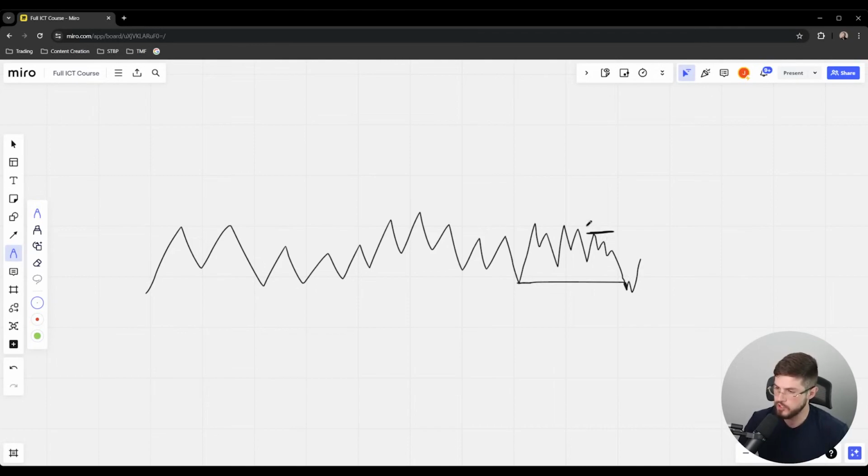Anytime we see manipulation, we expect the market to move in the opposite direction, because if the market is being manipulated, right? We all know that the markets are manipulated. We can all agree on that, whether or not you agree with all of the ICT stuff. But if markets are manipulated, then we're going to want to fade the manipulation or trade against it. So if we deem a price leg manipulation, what we're going to do is look for a reversal to the